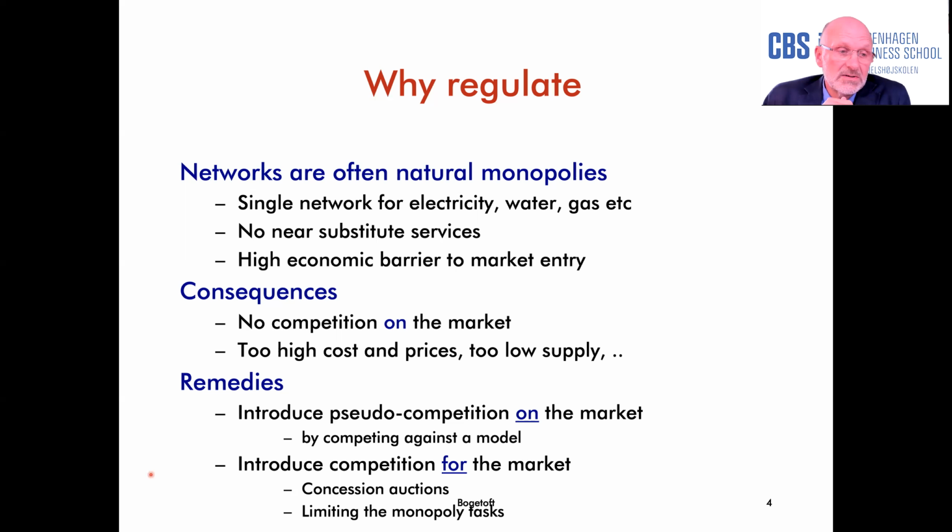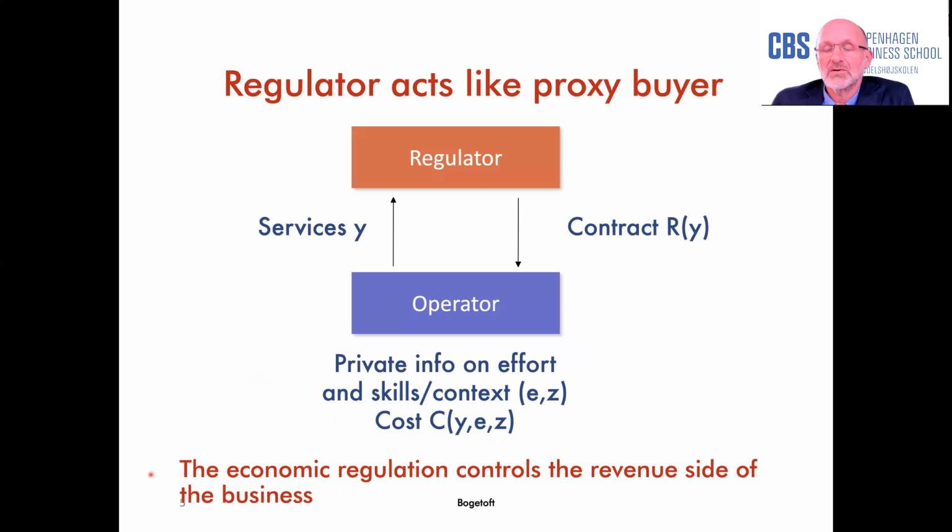You could also organize yourself in another way. You could organize competition for the market, so basically have an auction every 5 years or 10 years to decide which company should supply electricity in a given area, for example. So that's another way to do it. I'll return a little bit to that, but in a practical context, having these repeated auctions is really complicated because it's hard to take over the network designed by someone else. There's a lot of asymmetric information in such a transfer. So let's go to the next slide just to illustrate what we're talking about.